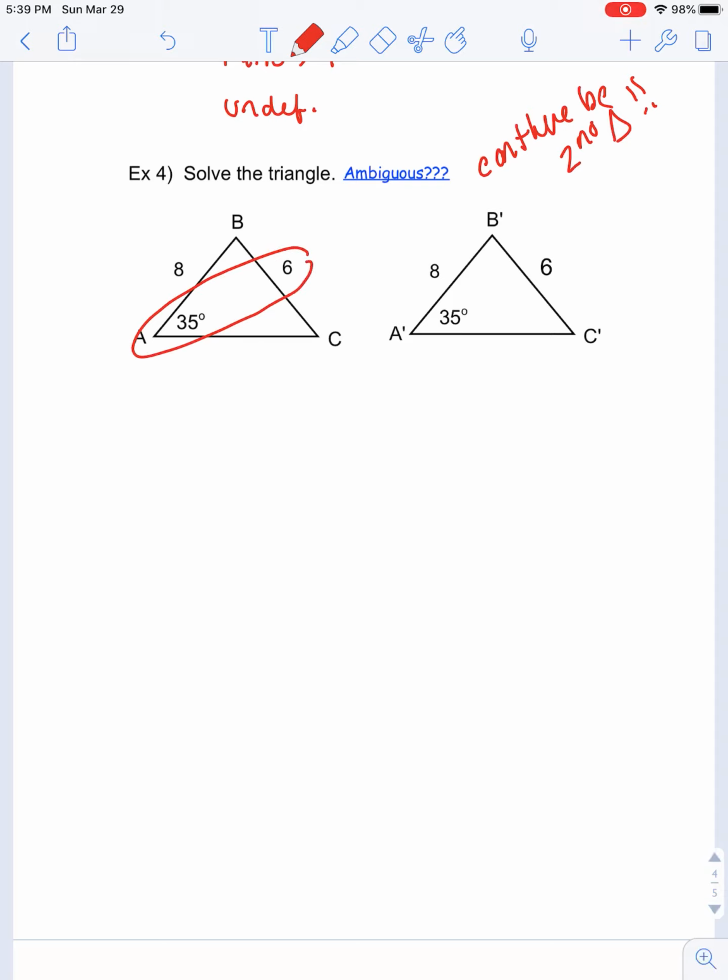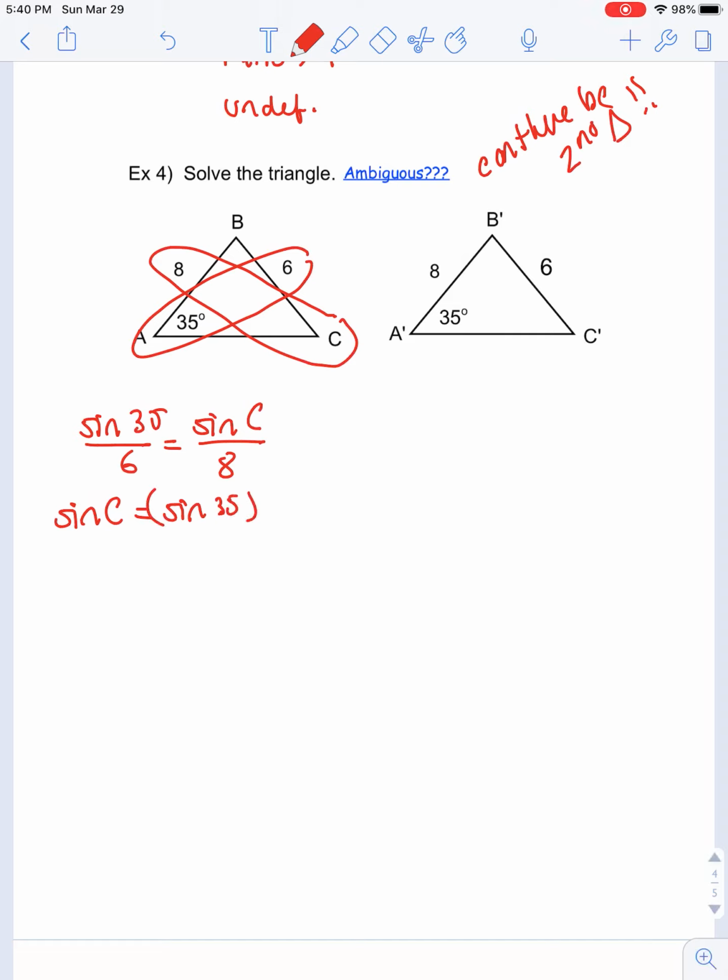So if we start solving this one, start with the two pieces of information. Sine of 35 over 6 allows us to find the sine of C over 8. To find angle C, we'll do sine of 35 times 8 divided by 6. The sine of C is approximately 0.76, which means angle C, when I do inverse sine, is about